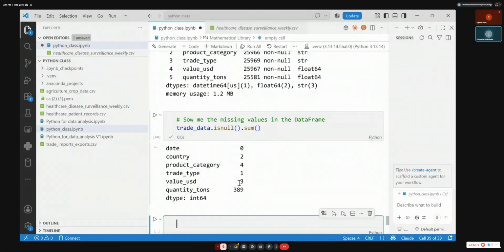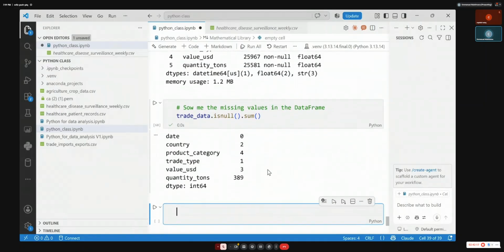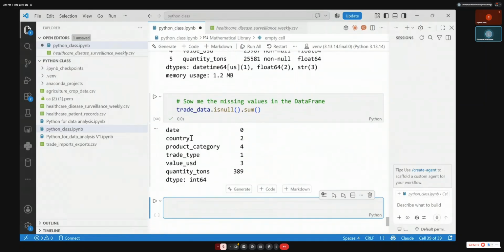This is called filling values. So now let's tell Python to fill our country column with the most repeated value. We can apply so many methods. Let's tell it to clean and fill the missing values with the most repeated. You have to specify the column you're going to fill, because it's sometimes not good to fill everything.